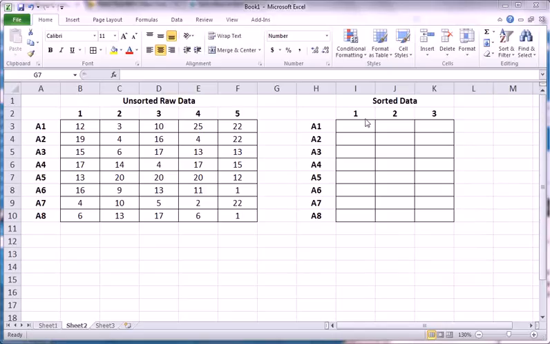Hi guys, in this video we're going to use the LARGE function to sort raw data by rows into a new table while simultaneously eliminating the bottom, or lowest, two observations. So basically, if we have a group of, say, 5 numbers, which is what we're going to use here, we're going to be left with the top 3 numbers, the highest 3. For this example, we would be left with these 3 numbers, and on top of that we're going to have it sorted